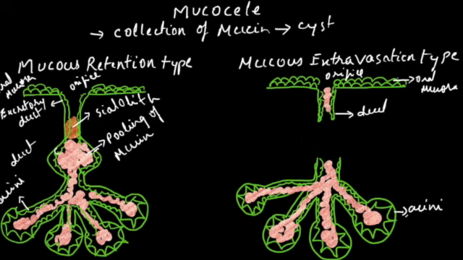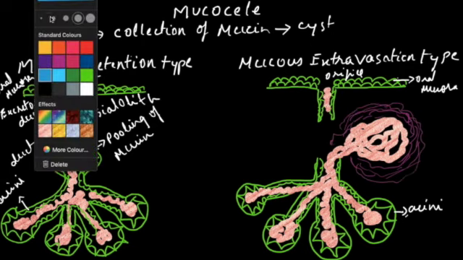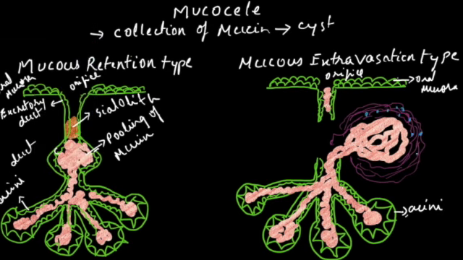So a part of the duct is cut, because of which the saliva which is flowing will pool into the connective tissue. And when the saliva flows into the connective tissue, cells will take it as a foreign body and start producing a reaction to it. And here is the condensation of connective tissue around the mucus, leading to the cystic cavity kind of arrangement. And also definitely there is an inflammatory reaction to this mucin. A lot of inflammatory cells and vascularity will appear, leading to the formation of granulation tissue around the pooled mucin.